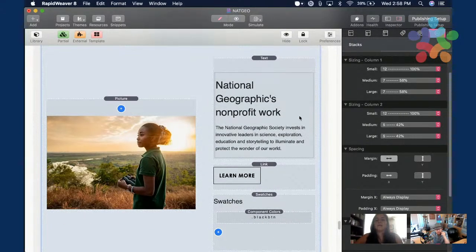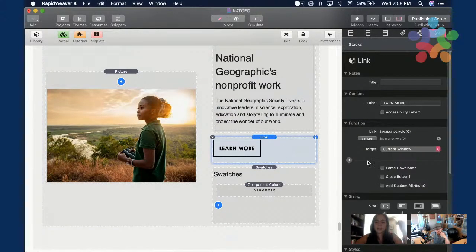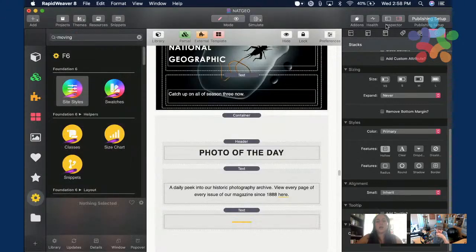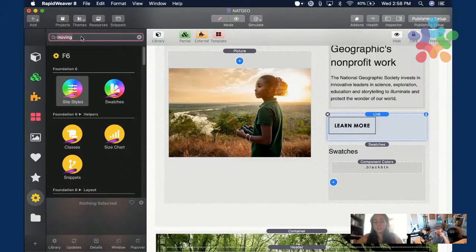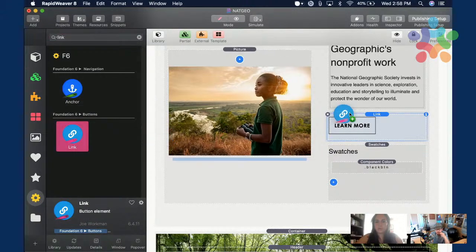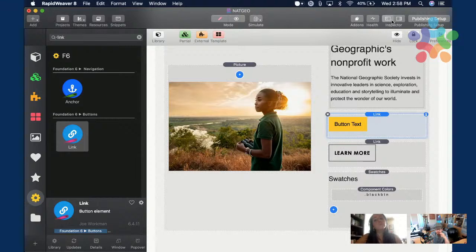And we have a text, a link. And for this link, I made another swatch because my buttons are yellow by default. If I add a link here, you'll see what I did with that button.